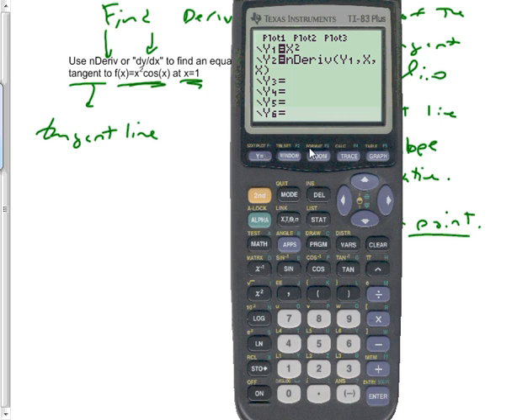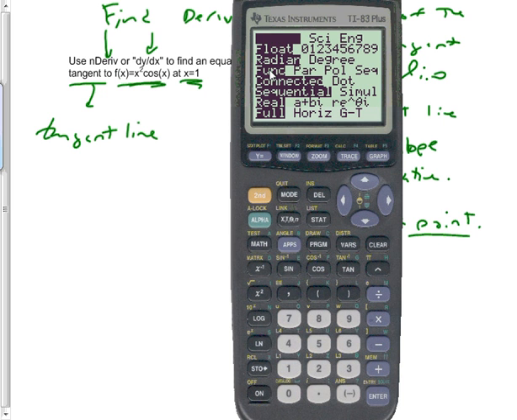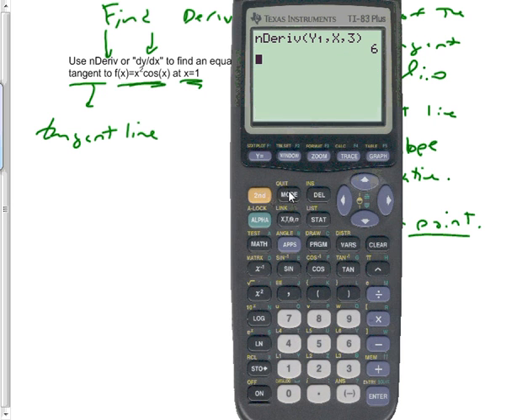So our function is x squared times cosine x, and make sure that the mode that you're in is radians. So we're in radians, and once we have that in, we can quit out, and now we're going to do nDeriv. So since I already have nDeriv there, I could just press 2nd Enter, and it shows up again. Nice skill to have,